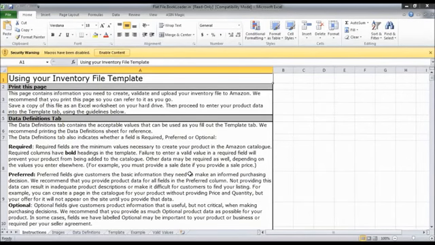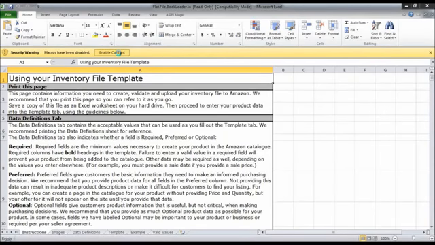The first thing that you will have to do before starting to fill the file is enable the macros in this file. These files have inbuilt macros, which will enable you to pre-fill data that is already there in this file. For this, as you can see on the top, there is a security warning with the caption that macros have been disabled. Please click on Enable Content. The file will be ready to use.